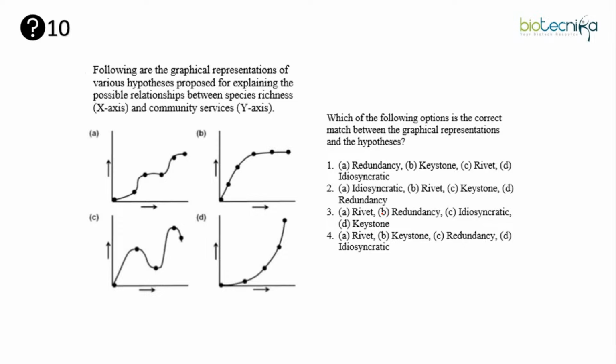And last we have the rivet. Rivet says that each and every species has a contribution in some way or the other. It can be small or big, but there is always some contribution of that species. If the species contribution is small, then if you remove that species, not much impact will happen on the ecosystem function. But if the contribution is very high, then if you remove that species, then that will make a